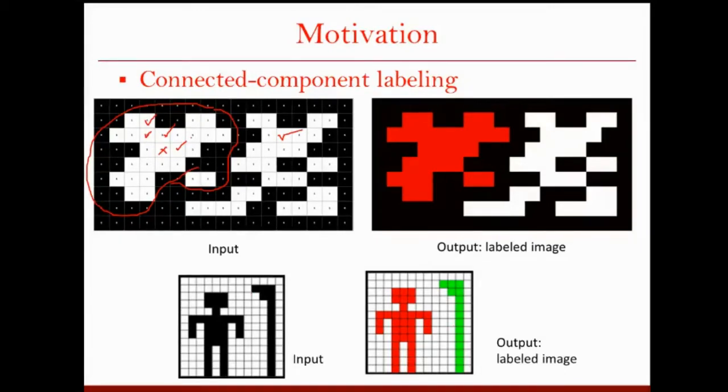I think you can see another example here. In this example, there are two objects visible. Maybe you can say this is one object and this is another object. You can label all the pixels in this component. If this represents a human being, then you have labeled all the pixels representing the human being. So the basic idea is to find the connected components, and later we can analyze those connected components and find out what exactly that object is or what that particular area represents.